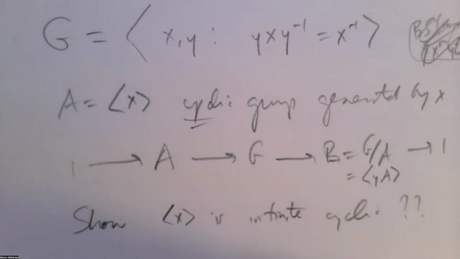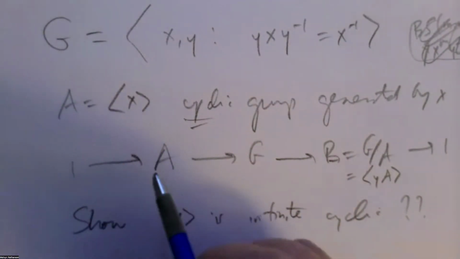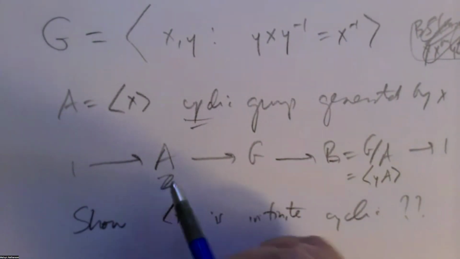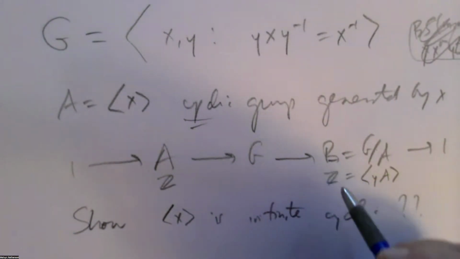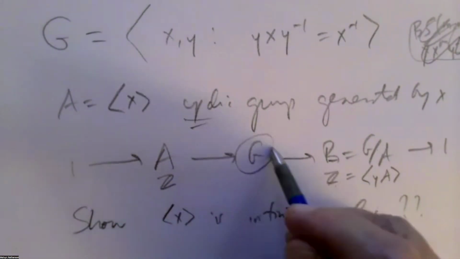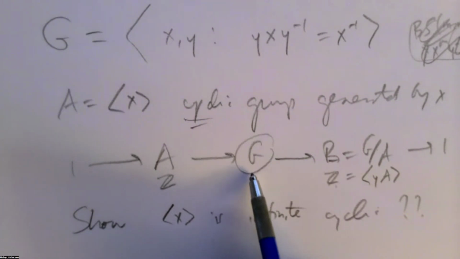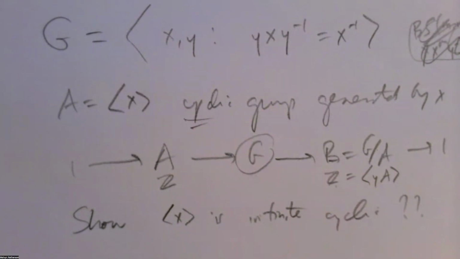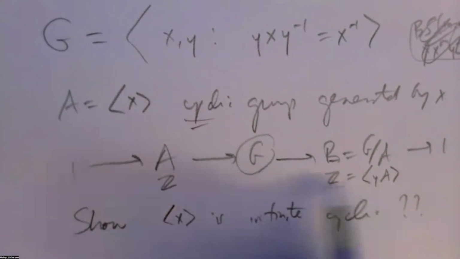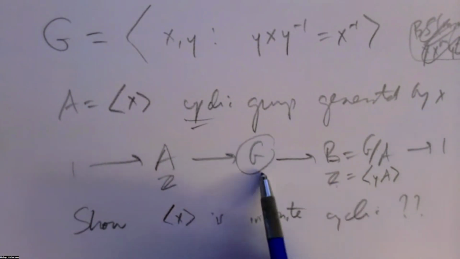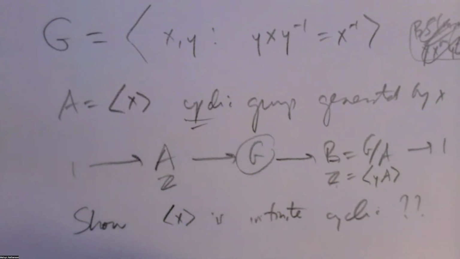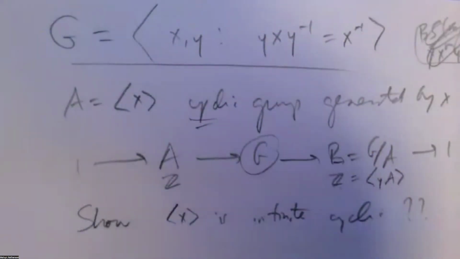So the reason I was interested in this is because I want this to be infinite cyclic, which means that this group can be ordered. I was interested in ordered groups. And if you have an extension of an ordered group by an ordered group, and the integers are certainly ordered, then this guy in the middle can be ordered also. And as an ordered group, this is interesting, but